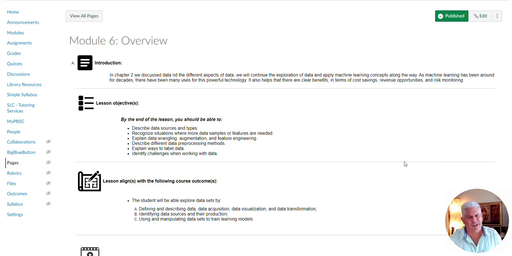We're in Module 6. Now in Module 6, we're going to jump back into the O'Reilly textbook again. We've covered Chapter 1, Chapter 2. Now we're going to jump into Chapter 3. Much of the content in Chapter 3 has been touched on in the last 2 or 3 modules. But now we're going to dig back into the book and get a little more formal detail from the